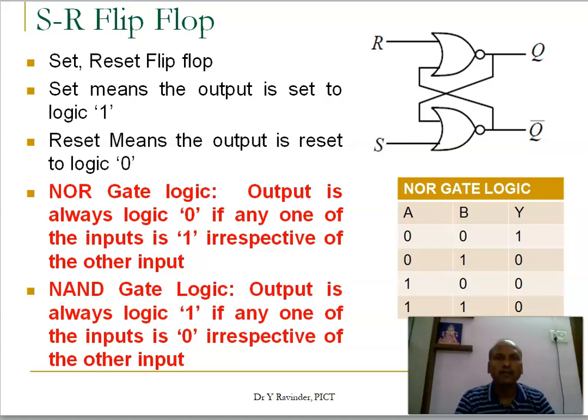Welcome my dear students. In the previous video, we understood the difference between a combinational circuit and a sequential circuit. As part of the sequential circuits, we understood that the output of a sequential circuit depends upon the present input and the past outputs and also the past inputs and also the clock. To know the past inputs and the past outputs, it requires a memory. So, a sequential circuit is a combination of a combinational circuit and a memory.